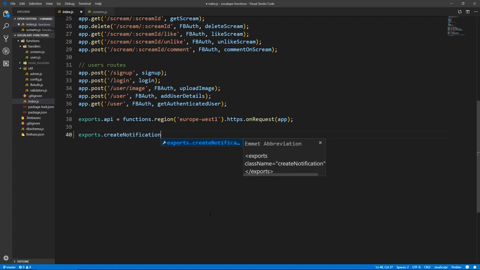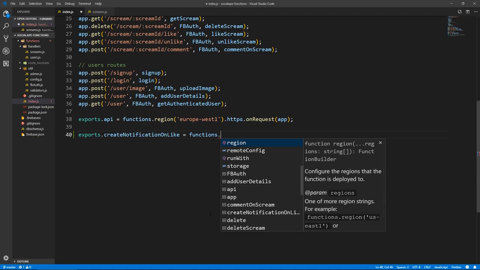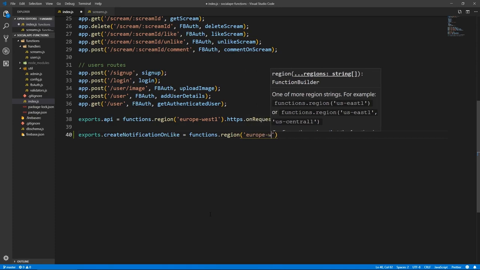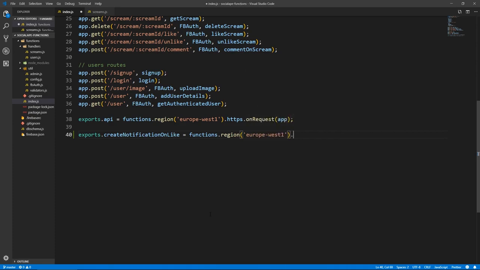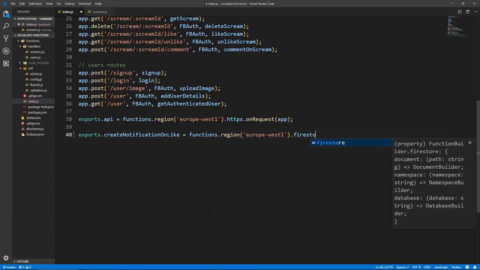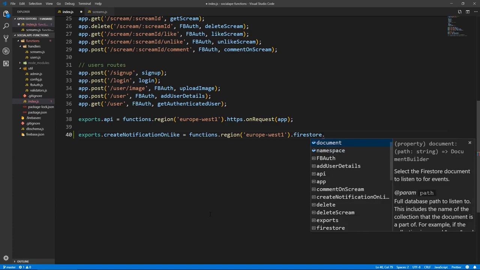Anyway, so createNotificationOnLike, and this would be equal to functions, and I'm going to chain the region function. Maybe you don't have to, maybe you do. So check depending on your case. I'm going to add the region europe-west2. And I'm going to chain here the namespace firestore.document,